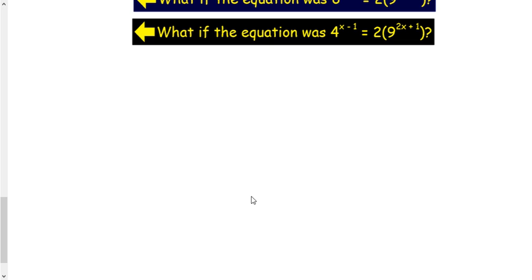I could take this 4 and rewrite that as a 2 squared to the exponent x minus 1. And then those exponents can be multiplied together, so I get a 2 to the exponent 2x minus 2. Well, if this is equal to 2 to the 2 times 9 to the exponent 2x plus 1, I could